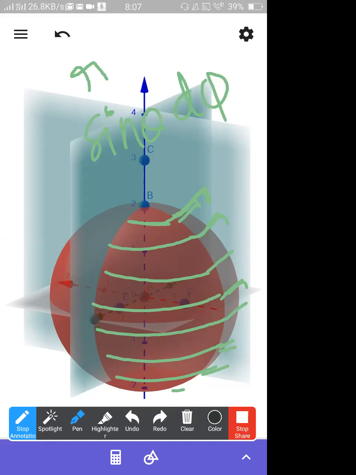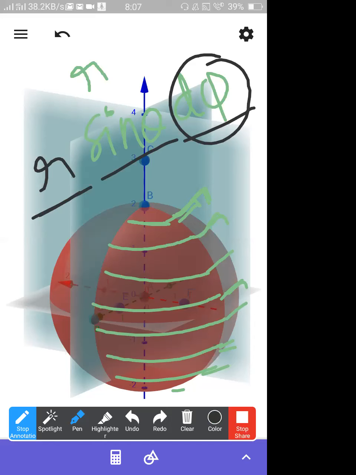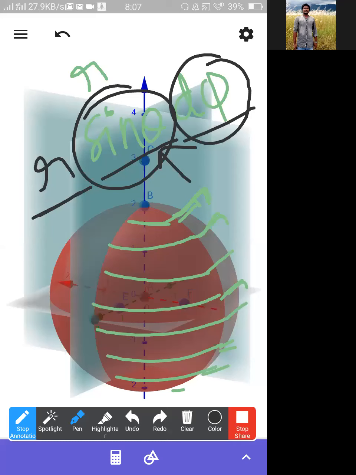It also depends on another parameter, r. Because instead of this sphere, if you had chosen a bigger sphere, you would get a bigger arc length. So it depends on r, sin theta, and d phi. As r increases, arc length will increase. As d phi increases, arc length will increase. On a given sphere, if you increase theta, you can choose any arc length. So the change in phi will give you r sin theta d phi.